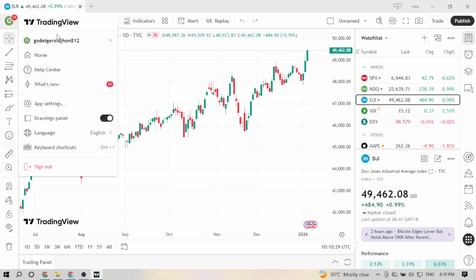From this menu, choose App Settings. This is where TradingView groups all the controls that shape how the desktop app behaves. You'll see several sections, each dedicated to different parts of the application. In App Settings, click